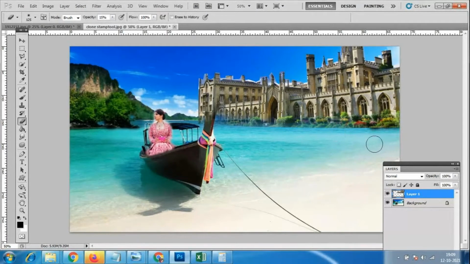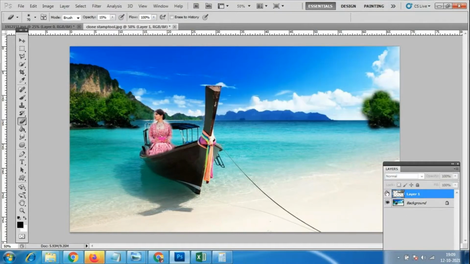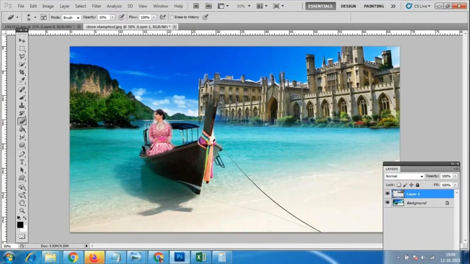So we have to make a small brush size, and this boat also we cannot change. Look, this boat is still here, so we cannot miss this. Here, Control T, any changes.